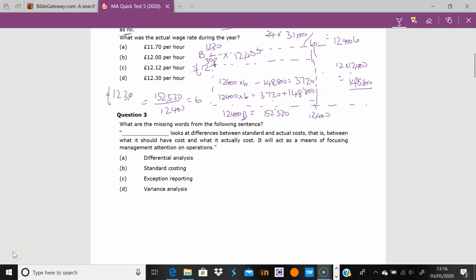Okay, let's do number 3 and 4 together. This says when we're looking at the difference between standard and actual costs, so we're really talking about what's going on at actual activity. We want to understand what the standard costs are and the difference, the variance really, between the standards and the actuals. And this allows management to focus on operations, and therefore the answer here is variance analysis,